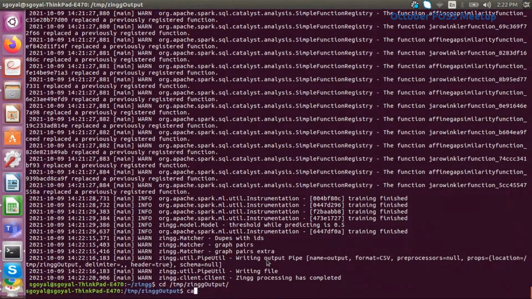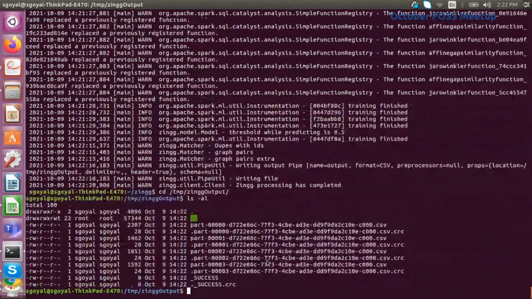So if you look at the output here, because this is a Spark application, every partition gets its own file, and the output is split. But if you are writing it to a table or something, then you will get them all together. I will just get them out into a,